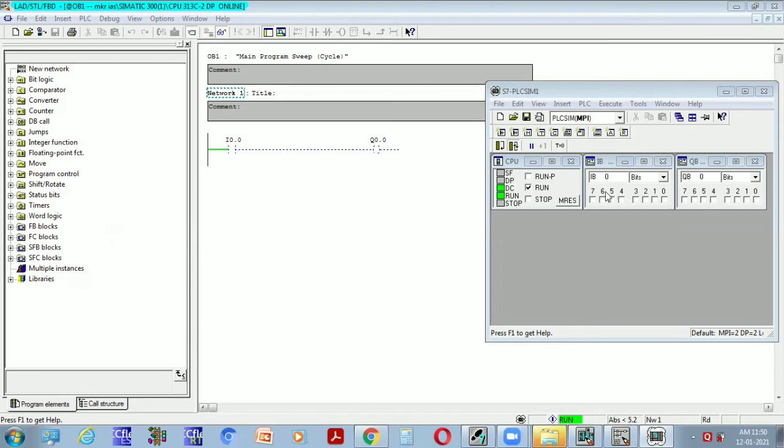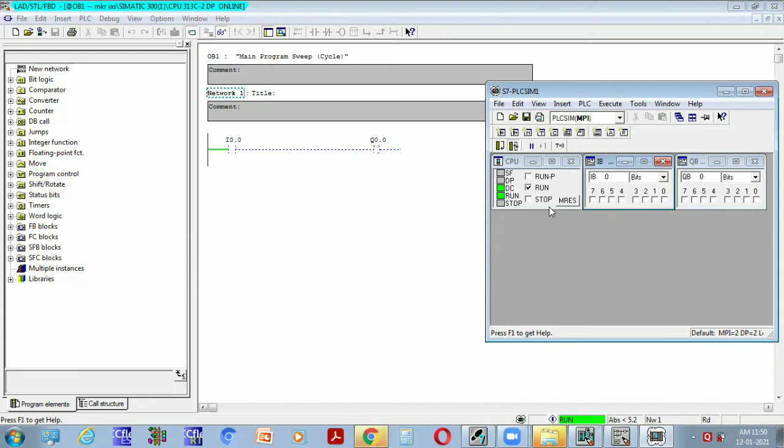IB0 is nothing but I0.0. When I turn on I0.0, then the Q0.0 output will turn on, and it will appear here like that, Q0.0. When it is off, then the output will turn off. Like that, you can check outputs according to the given inputs.